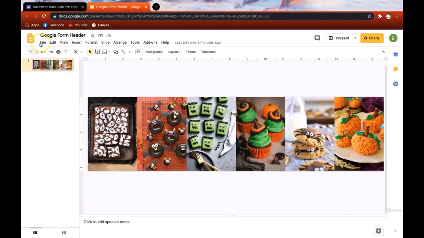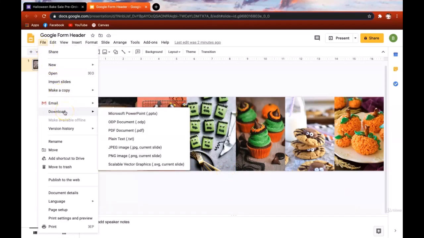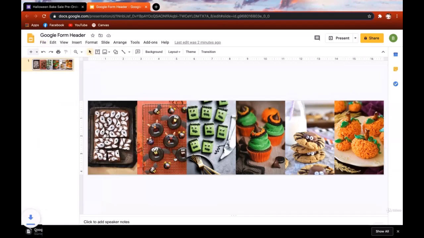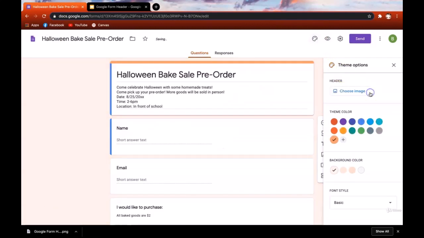go over to File and go down to Download. When you hover above Download, you will see a bunch of different download options. For this, you can choose either JPEG or PNG. Either one works, but I personally like to use PNG more, so I will just click PNG and wait for it to download. Once it is downloaded, we can head back to our form and click on Themes, Cancel, and